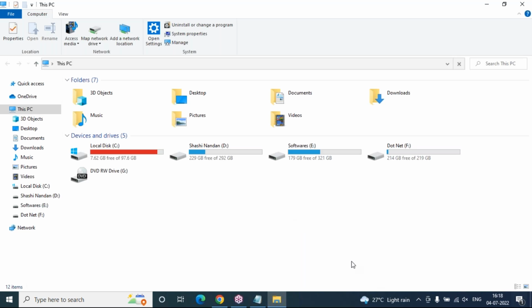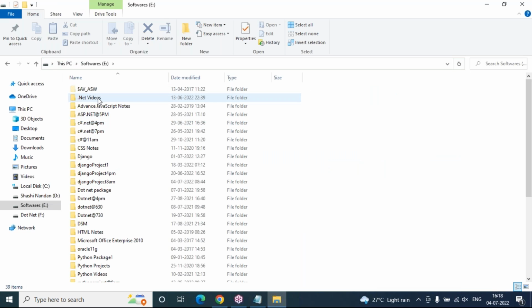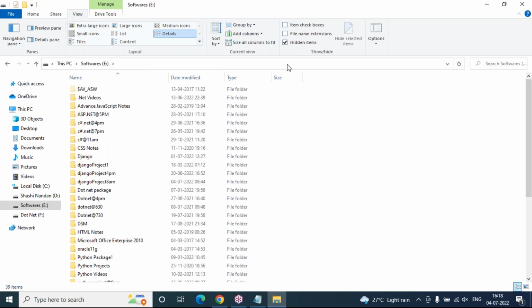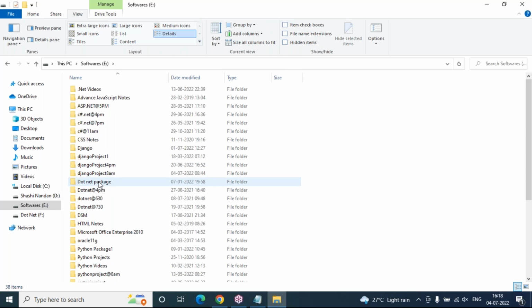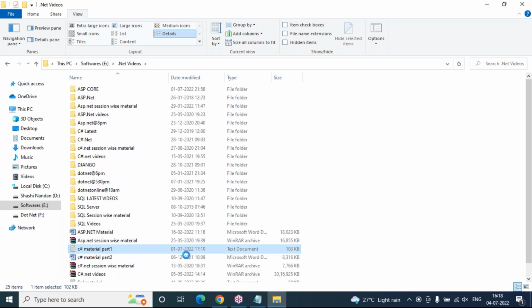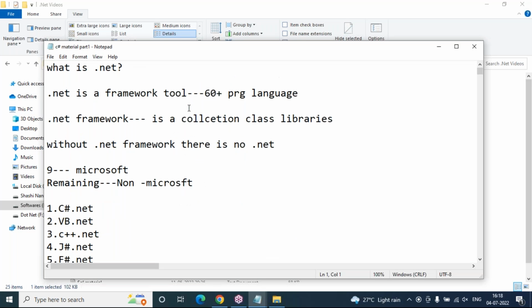I'll explain these versions. Now coming to this, let me open my documentation, sir. Give me 1 second. Yes. So I'm just opening my documentation for showing the Visual Studio versions and